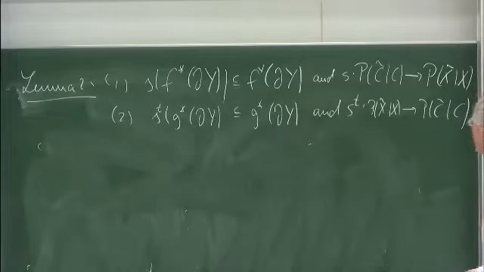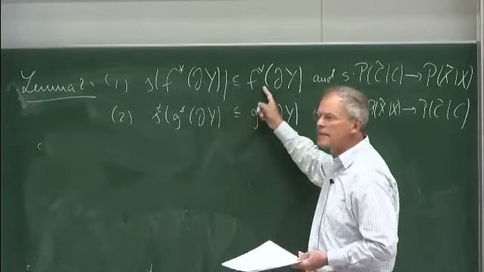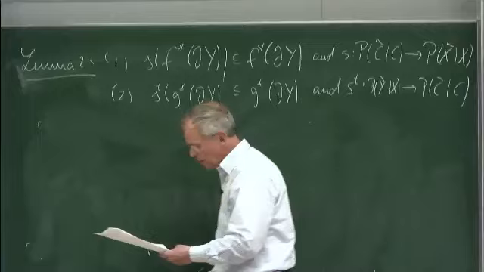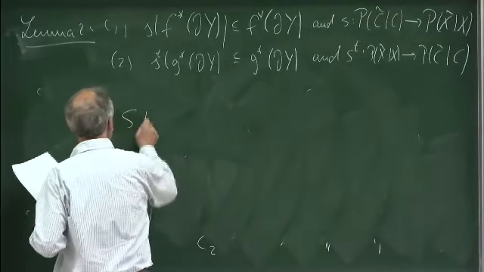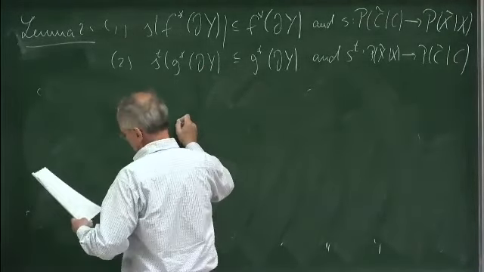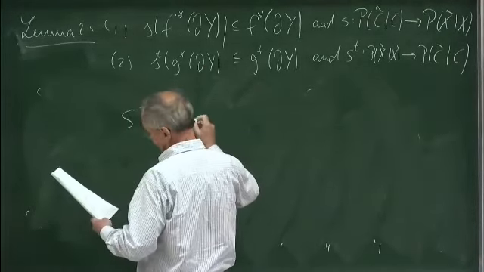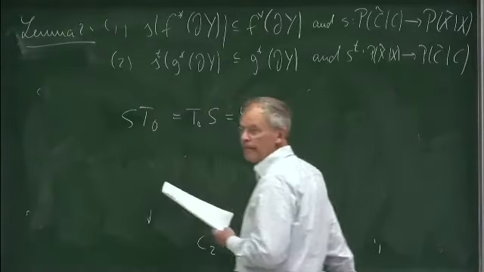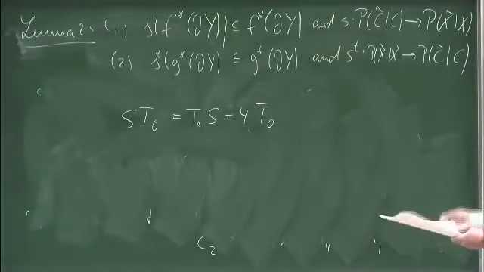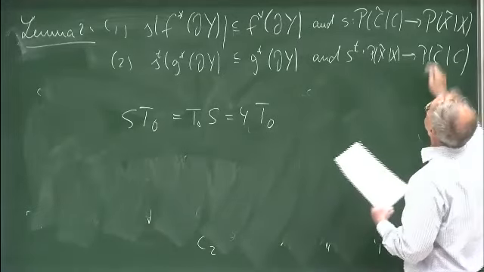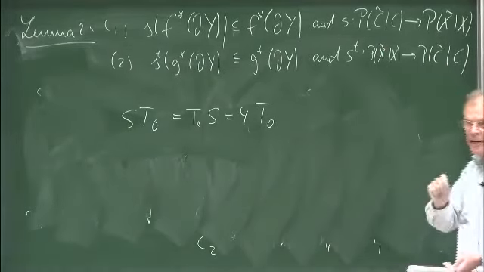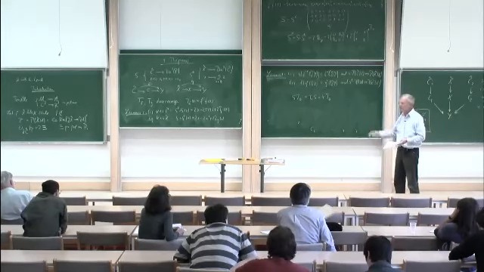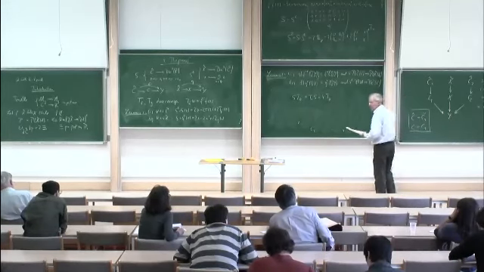Okay, and the proof is again very easy. In order to prove this, it again goes down to a matrix computation, namely the matrix computation S T0 equal to 4 times T0. And this is the same as this, 4 times T0. One sees immediately, because this matrix has in every line 4 ones and otherwise zeros, and in every column 4 ones and otherwise zeros.